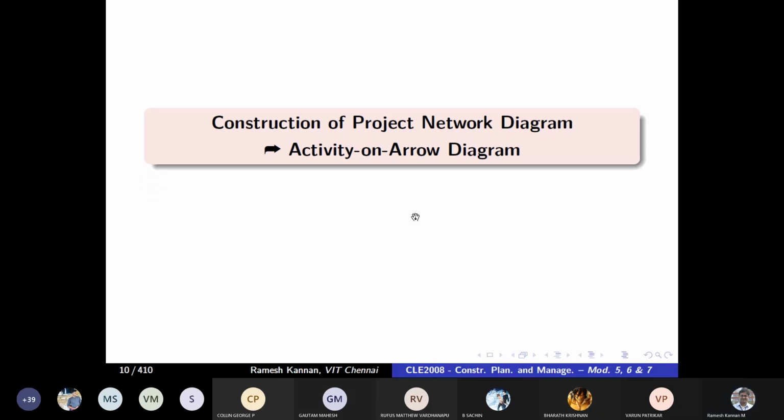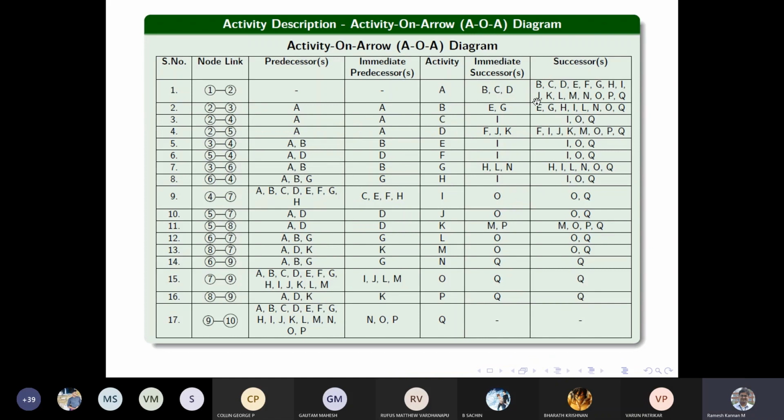Right? So this is the overall tabulation. This is an activity on arrow diagram. Generally, we will be omitting the activity on node diagram, because the activity on arrow diagram has real applications in the engineering field, especially construction, project management or production sectors. They look into activity on arrow rather than activity on node, and it has its own implications, because activity on arrow can give a very lucid representation of the entire project and all the activities in it. So first will be the serial number.